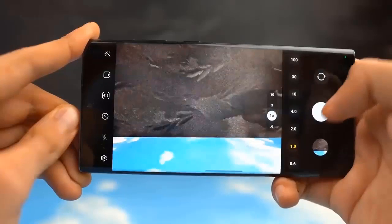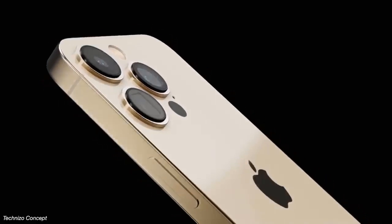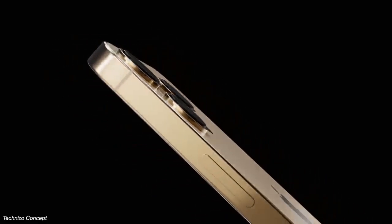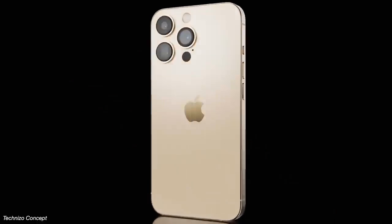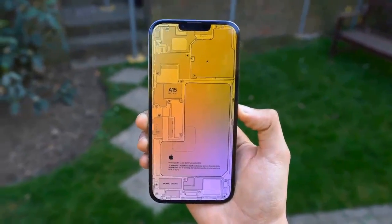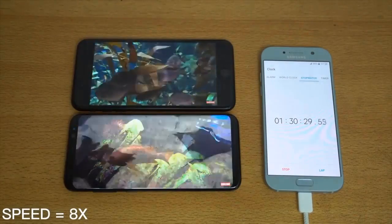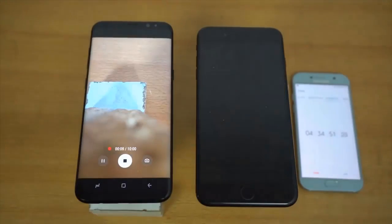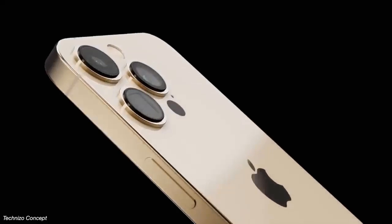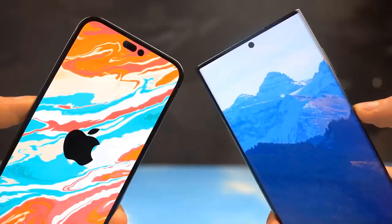Storage is likely to go up to 1 TB, but there have been no solid storage rumors for the iPhone 14 Pro yet. A source from Weibo claiming to know the battery capacity of the iPhone 14 family shows that all models except the iPhone 14 Pro Max will be getting a slight increase in size. The iPhone 14 Max is in fact shrinking a little,